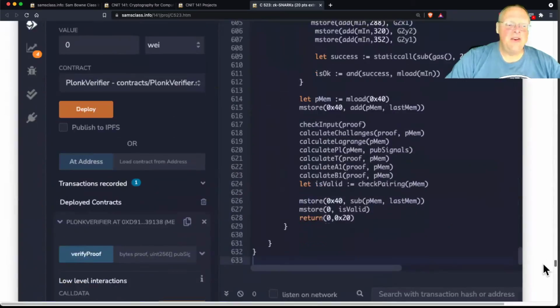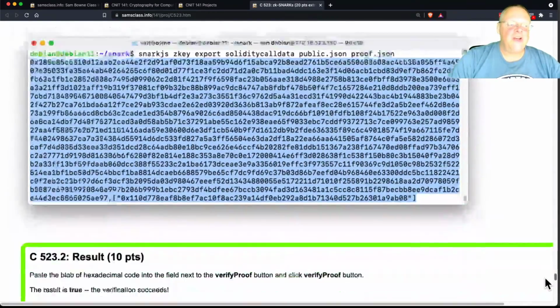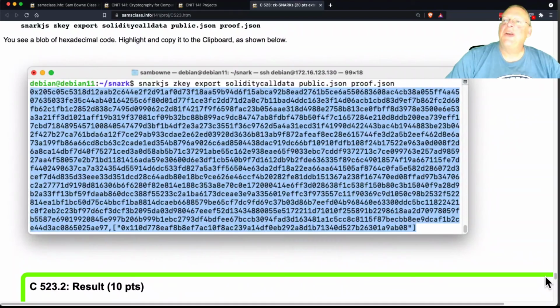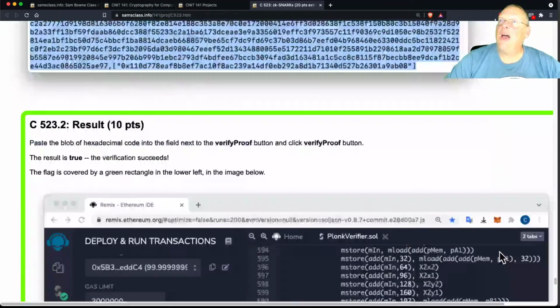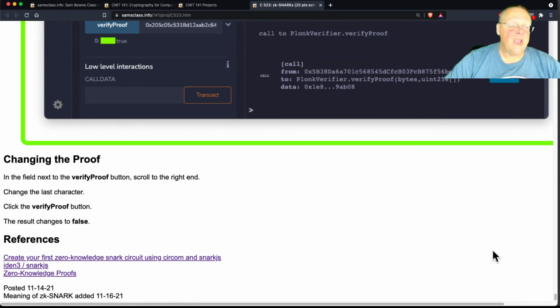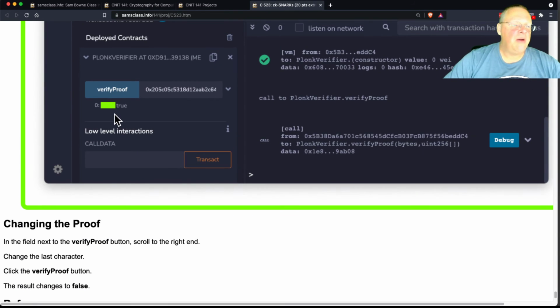And at the end, after it's all over, you can ask this question: does the person have the ability to multiply these two numbers? This challenge will answer that question without giving you any information other than that. And the end result is it verifies it's true. You feed in that whole thing like a whole page of hex, and you verify the proof, and all you get is true. And this is the point.